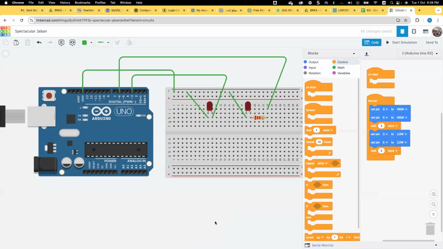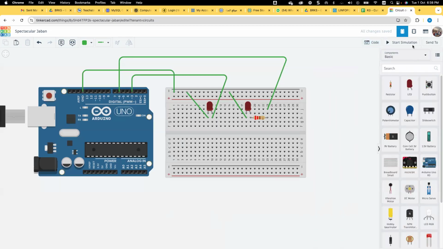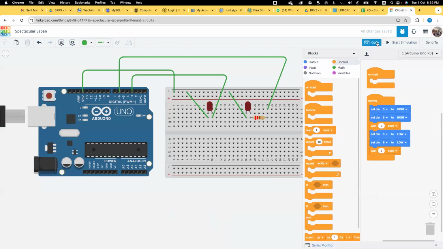And another major piece of information that you have to take into consideration is the serial monitor. When I click on the code, you can see down here that you have a serial monitor, which is like a screen to read the status of any component connected to the board.